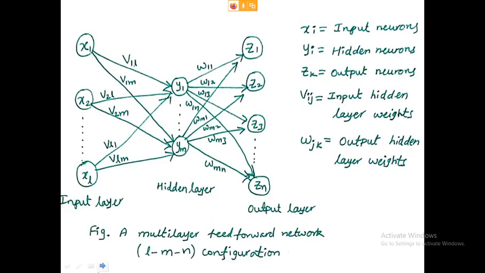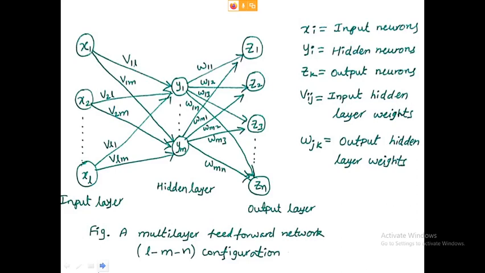Multi-layer feed-forward network structure looks like this. On the left side you have x1, x2 and so on up to xl, the L input neurons, which are in the input layer. On the right side you see Z1, Z2, Z3 and so on up to Zn, the output layer neurons, and in between you have the hidden layer.